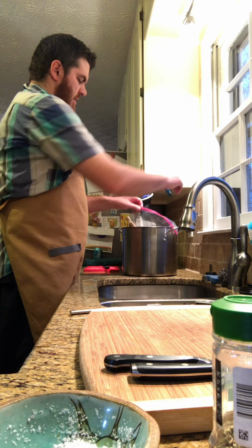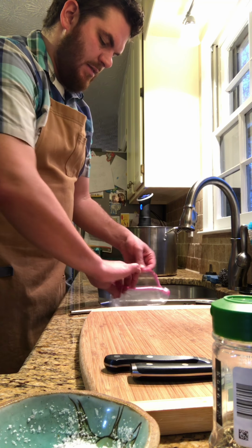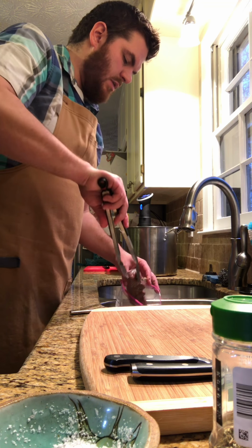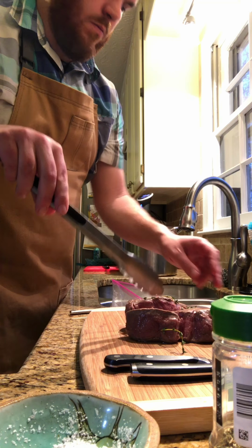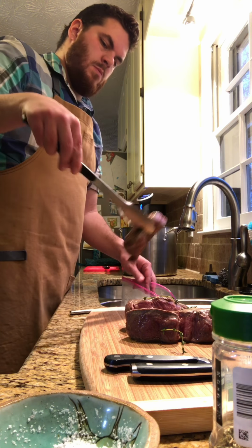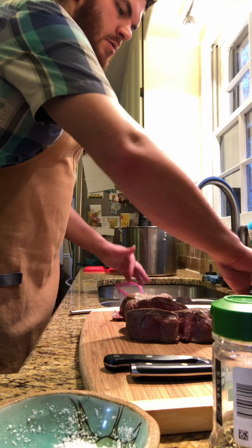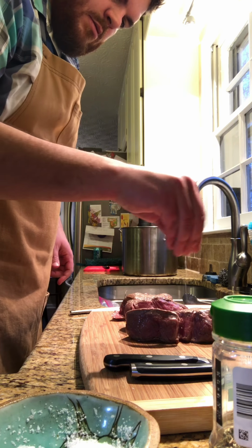All right, steak comes out. Save the bag. Save what's in the bag. That's gonna become our sauce. We're gonna salt and pepper it and sear it. Again, save all this stuff in the bag. That is going to become our red wine, butter, rosemary, thyme sauce. So then, salt and pepper one side,